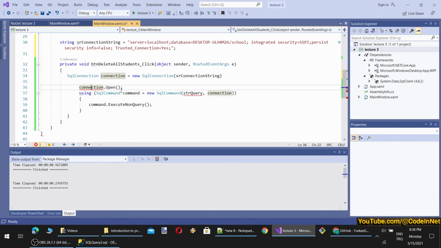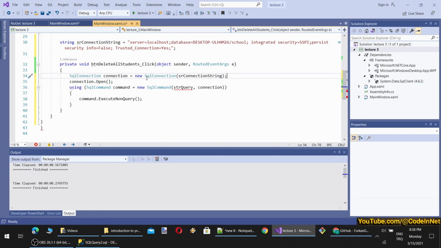Now, we are going to compose an SqlConnection object from the SqlConnection class. And then we have to open the connection. By the way, this is not the appropriate way of doing it, but I will show you from the simplest way to the advanced and proper way. I open my connection and I will remove the using as a beginning.